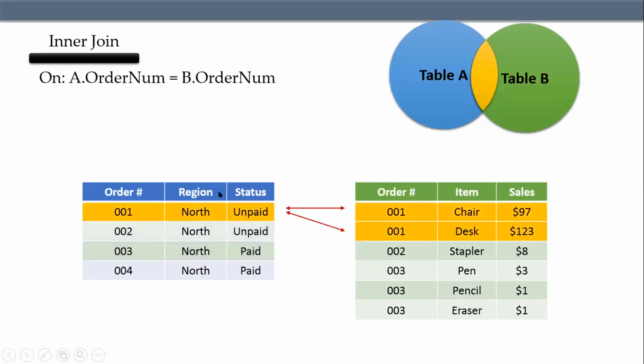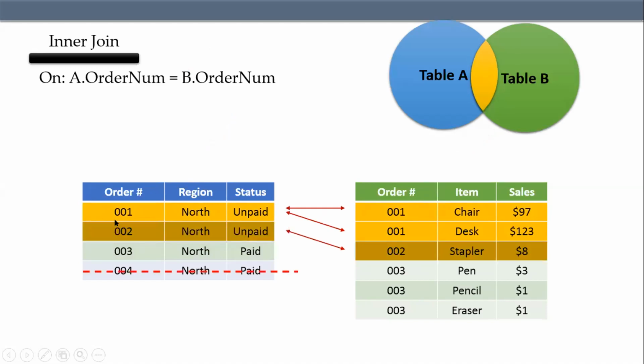So when I look at this, if I have an inner join, order number 001 is matching with these two. So in my output, I will have two records like this. The left hand side will get repeated twice. Same way for 002, it is matching with 1. So I'll have only one record like this. For 001, I'll have two records.